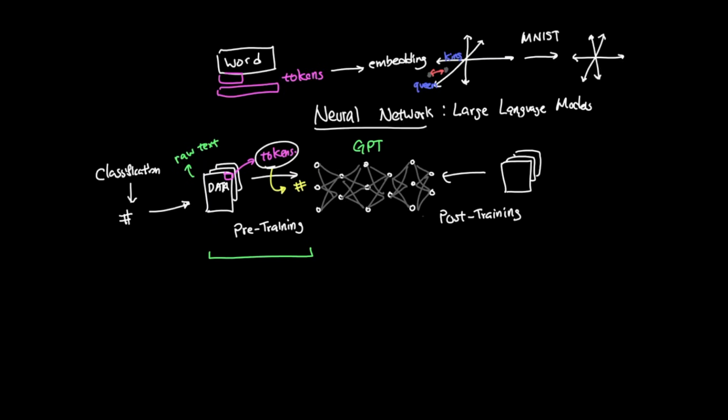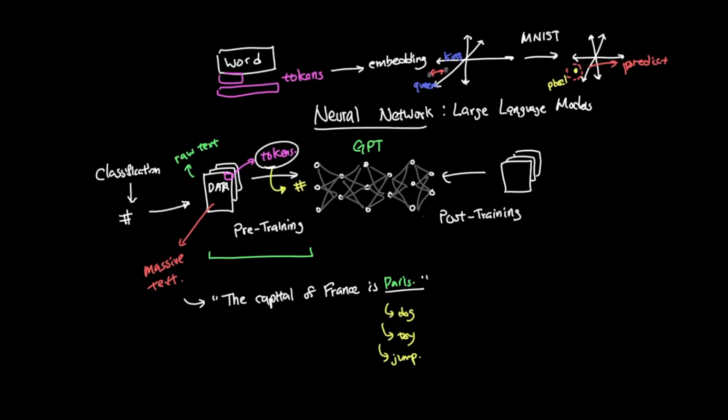In the MNIST example, pixels went in and the model predicted the digit. For GPT, token embeddings go in and the model predicts the next token. During pre-training, the model looks at massive amounts of text and repeatedly tries to predict what token comes next. For example, if the text says the capital of France is, the model should learn that the next token should be Paris. At the beginning, the model is bad at this. Its parameters are not really tuned yet, so the prediction might be mostly wrong. But the training loop is the same as we already covered. The model predicts the next token, the loss function measures how wrong it was, backpropagation calculates the gradients, gradient descent updates the parameters, and the model tries again.